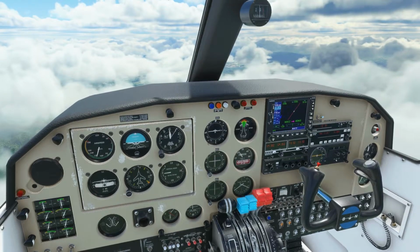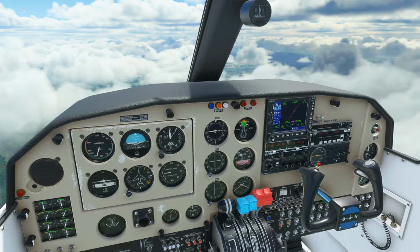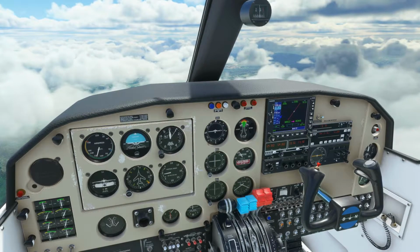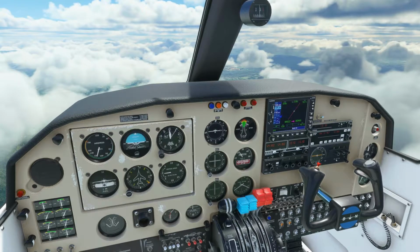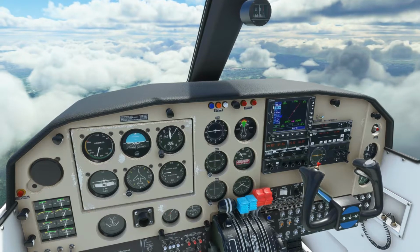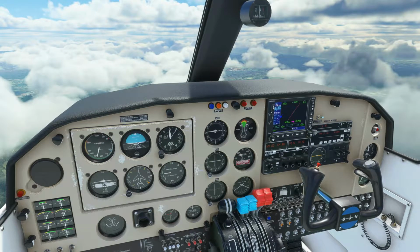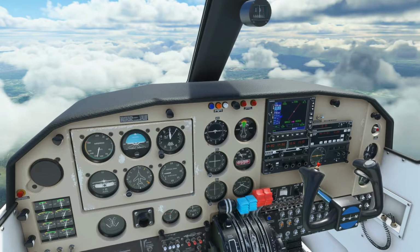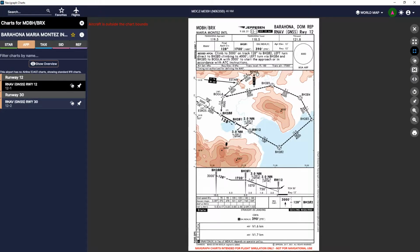So SimBrief has given us runway 12 today. I'm just trying to understand what I'm seeing here. Okay, I think there's the missed approach, but for us, we're going to be coming in from the Venice approach, or Venice waypoint,